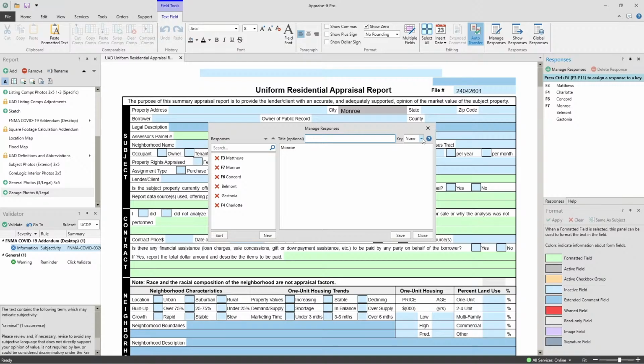And if I want to assign it to F5, we're going to do F5. I don't have to. That's optional. Hit save. There already was a Monroe in there. Oops. All right. So then we'll make this, I don't know,